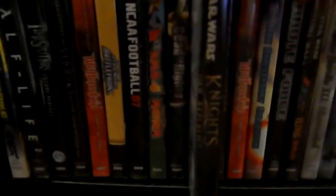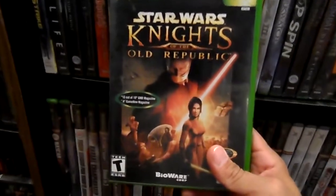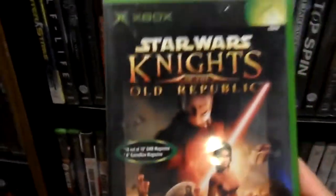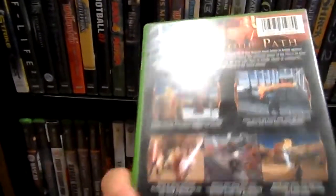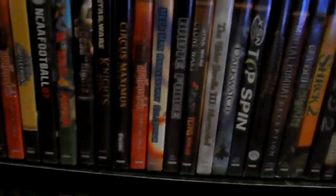Here was my Oblivion back in the days. Knights of the Old Republic. This was my Oblivion back in the day when I first started playing games. This was on the original Xbox, and I would spend my life on this game. Not anymore, but